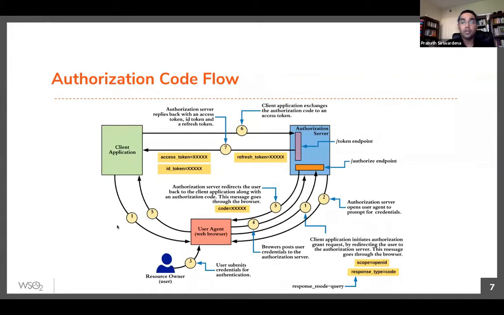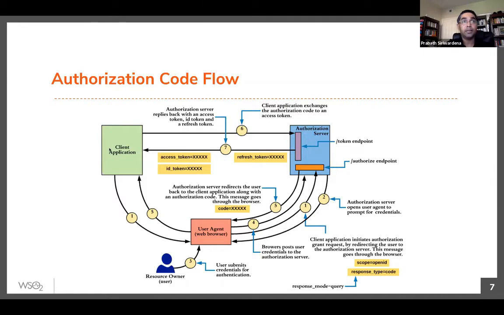So this is how the authorization code flow works. If you look at this one, you will see this is very similar to the authorization code grant type in OAuth2, and because these are quite similar to each other, people also misunderstand that the authorization code flow is the authorization code grant type, and the implicit flow is the implicit grant type. It is not. The authorization code flow and all the other flows in OpenID Connect add a lot of value to the grant types that are defined in OAuth2. So let's see how the authorization code flow works.